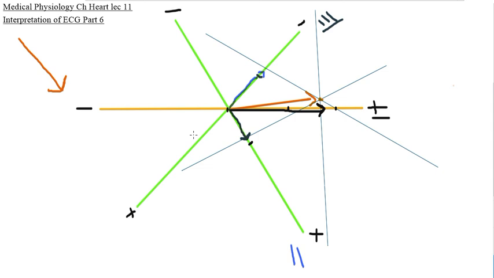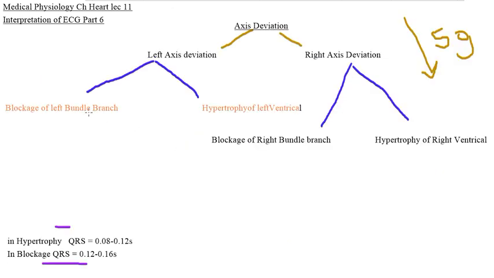Now we are going to solve another electrocardiograph. Till now I have explained the left axis deviation, and you have diagnosed from an electrocardiographic paper recording that the patient is suffering from left axis deviation, and you have also interpreted that the patient is suffering from hypertrophy of the left ventricle, because in hypertrophy the duration of the QRS complex is between 0.08 and 0.12 second. The second important thing you must remember is that in left axis deviation due to hypertrophy, the maximum